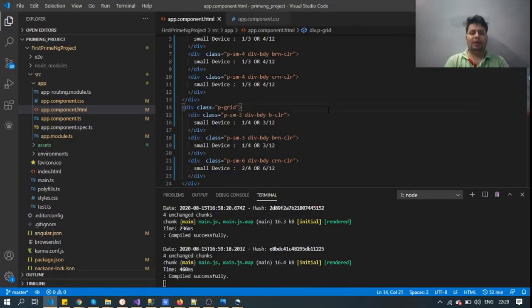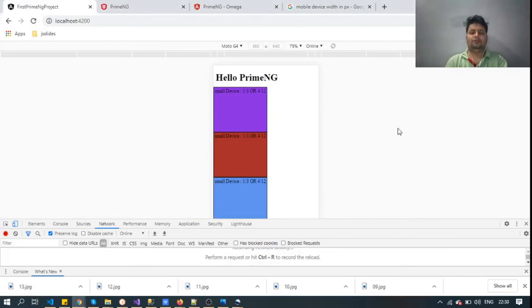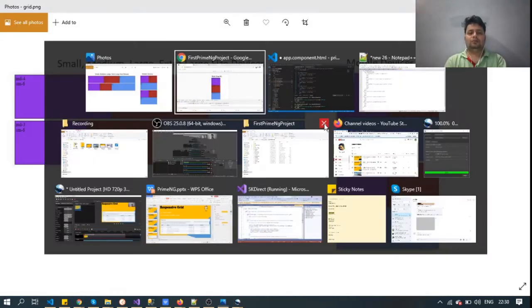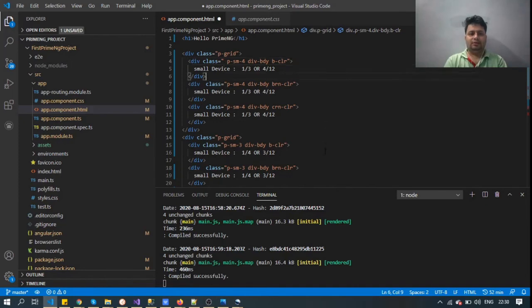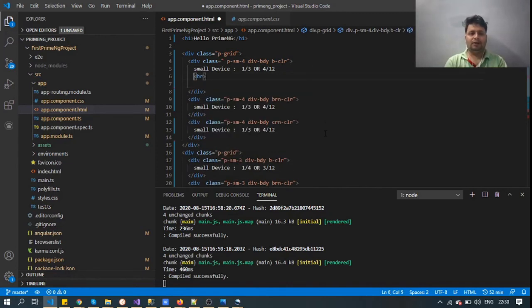So we have to apply the pcol class for each and every part of the row, right? So for mobile devices we need a design like this.